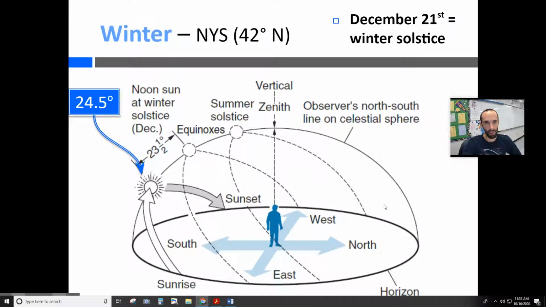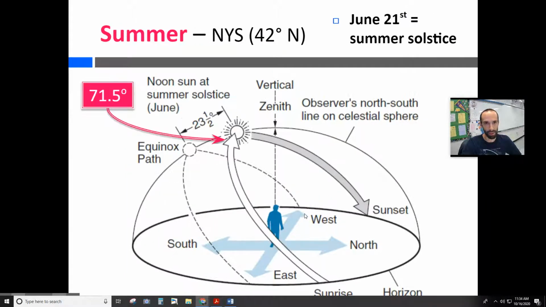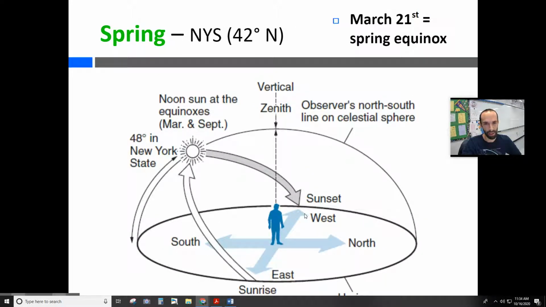And then we have winter. Winter, we have this short path, rises in the southeast, angle of about 24 or so, and then sets in the southwest. A really short path means really short day, maybe about 9 hours of daylight on this day. Okay, so just note the difference between all these seasons. The path of the sun determines the length of daylight. It also determines where the sun's going to rise and set, as well as the altitude of the sun above